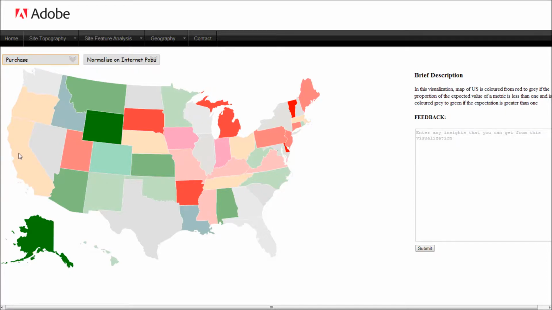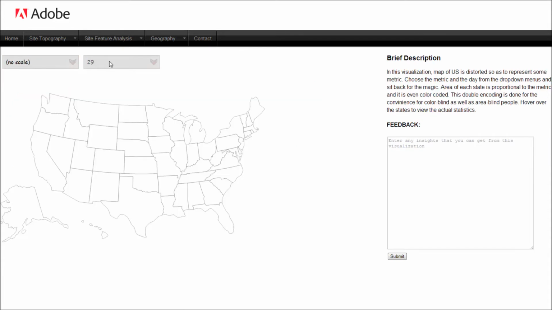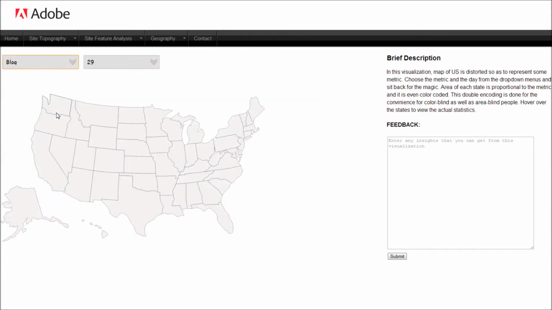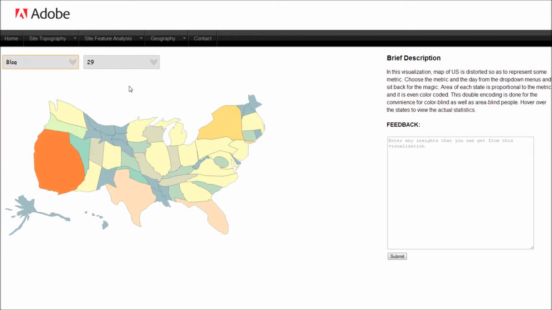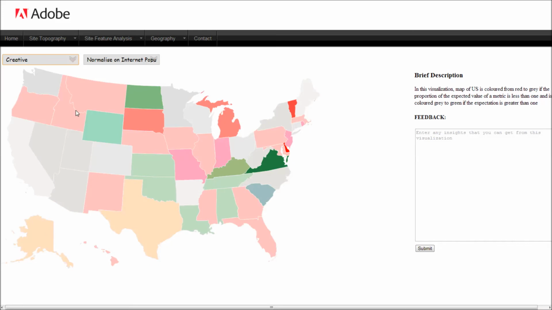It is not giving you more revenue or so. It is just up to our expectation, and of course, it has a little bit of red shades as well. The ones which are giving you more revenue are Alaska and this one. So this is how normalization actually gives you the true picture, and this is just to see how many more purchases you get from a particular state. So once you normalize, you get the actual picture of the data as well.